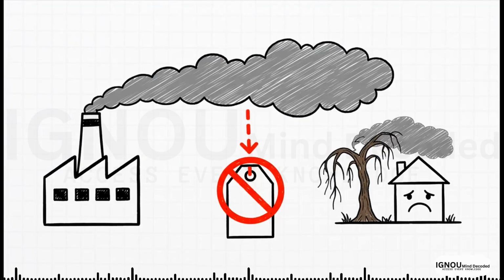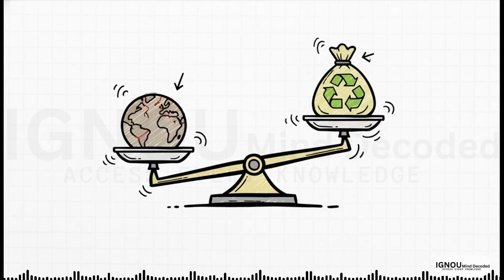Key idea number 1. Remember that environmental problems are fundamentally economic problems. They're often caused by market failures, because the price we pay for things doesn't include the hidden environmental damage, those externalities. Key idea number 2. The economic goal isn't to get to zero pollution. It's to find that optimal level, which is a balance between the cost of the damage pollution causes and the cost of cleaning it up.